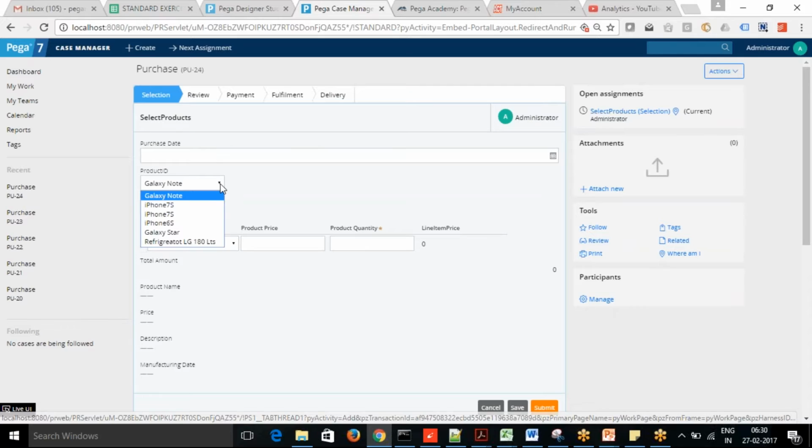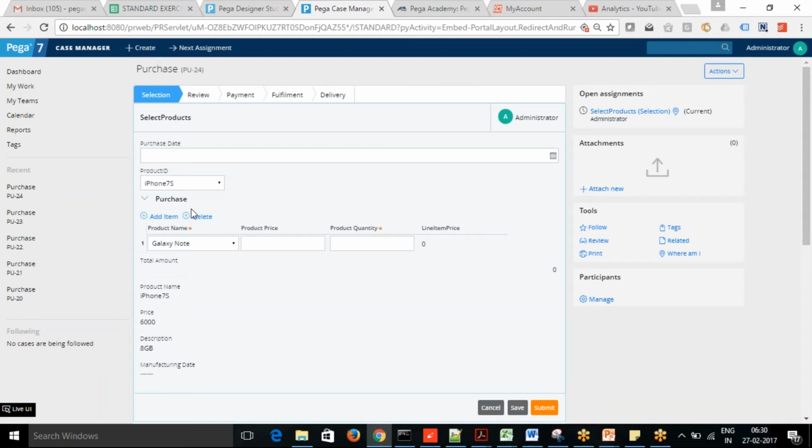Actually, I made one change just to see whether the details are working. I added this one, so you can see the price of product details there, and you can order based on that. So let's say I'm going with this one. Product price is 6,000. I want to go with one quantity of that. So we'll go with the one quantity now.